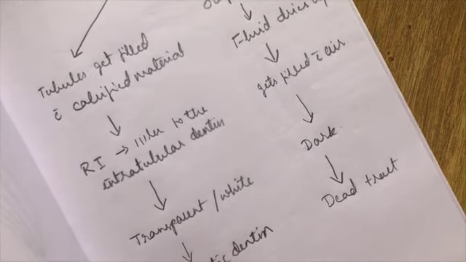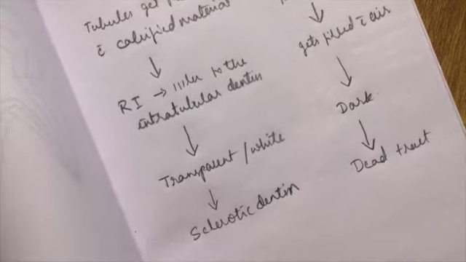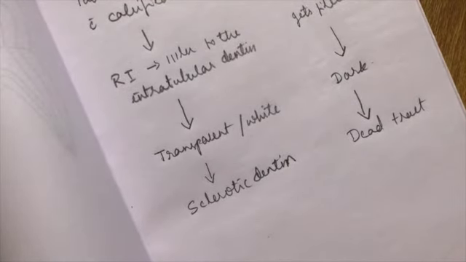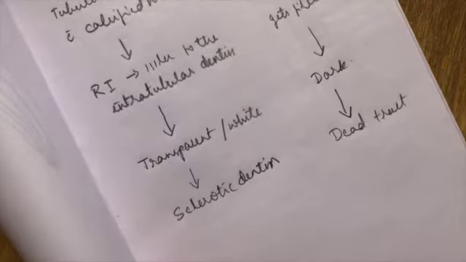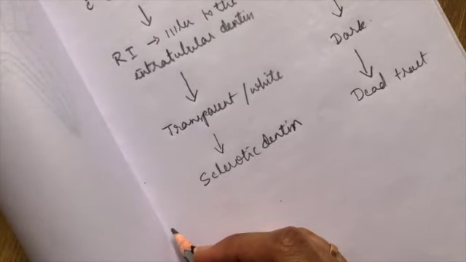These tubules are called dead tracts because the life was because of the odontoblastic process, and that life is not there anymore with the degeneration of the odontoblastic process, and the tubules are now called dead tracts, and they are just filled with air. They have nothing inside except for air. And now we just see, where do we see this sclerotic dentin?